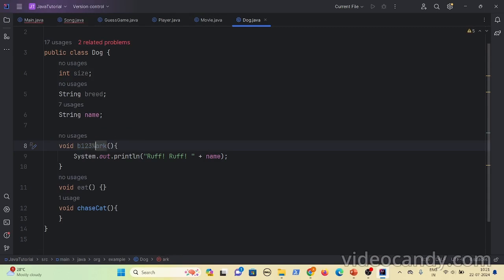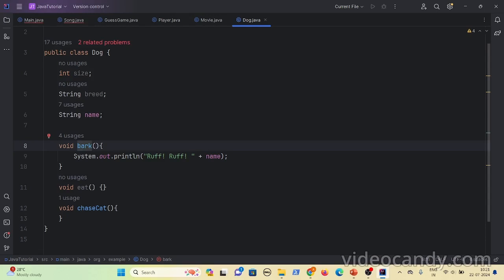But if I use percentage, it won't work. So the rules are: the first character should start only with an alphabet, dollar or underscore, and the remaining characters can be alphabets, dollar, underscore and then numerics. These are the two rules that anyone should follow while declaring a name for a class, method or any instance variables or local variables.